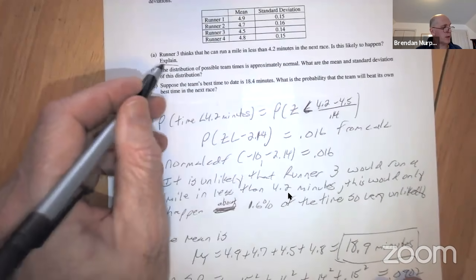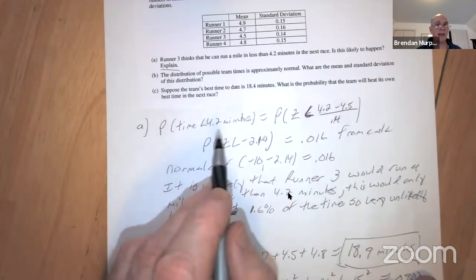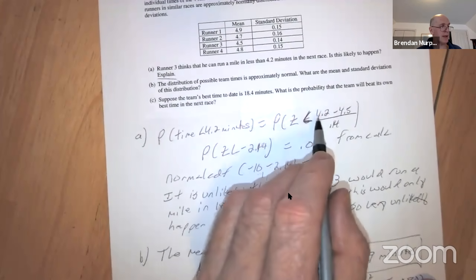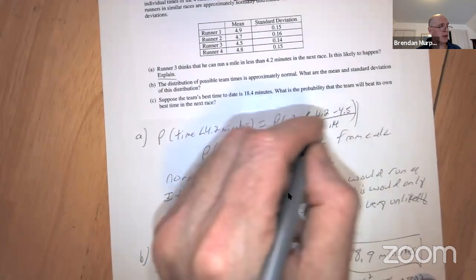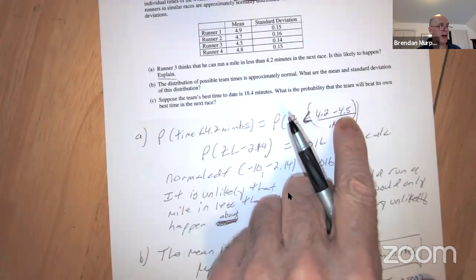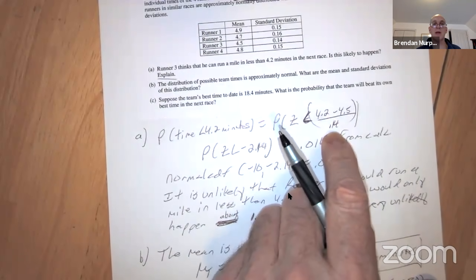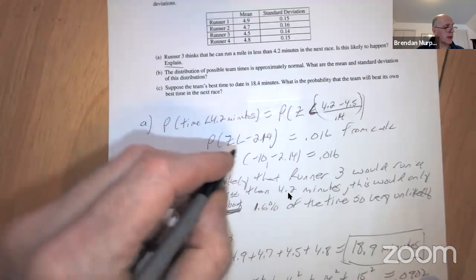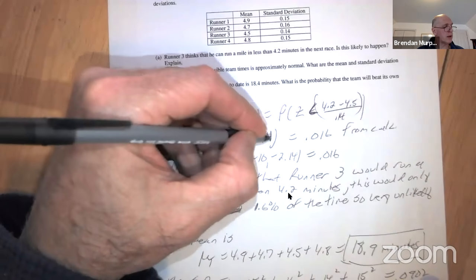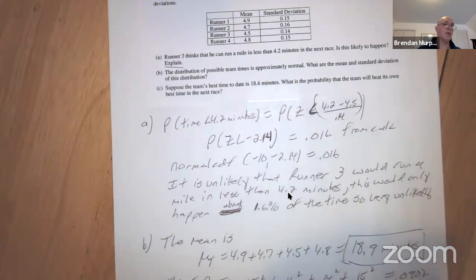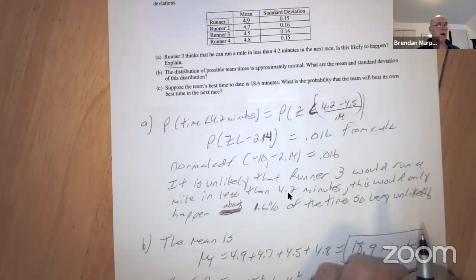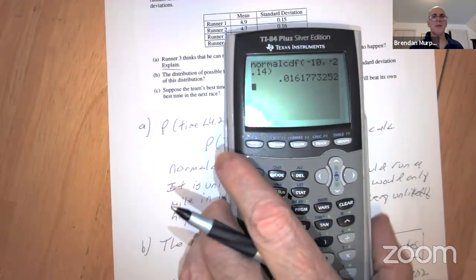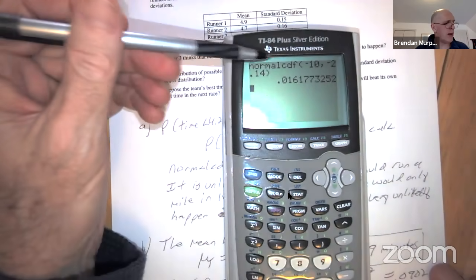Explain. So I said the probability that the time is less than 4.2 minutes is the probability that his z-score is less than, and I just calculated a quick z-score, 4.2 minus 4.5 over a standard deviation of 0.14. What's the probability that the z-score is less than -2.14? Or more than 2.14 standard deviations below the mean. So I just went to my calculator real quick. Normal CDF, -10,